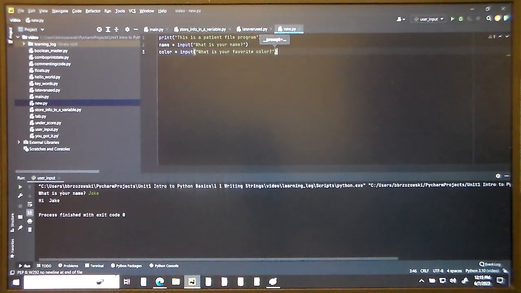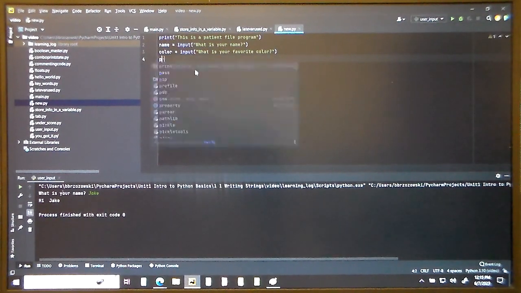What we're going to do, we're going to take those user input answers that are stored here in name and color, and we're going to print it out on one line. Instead of it being on two separate lines, we can print it out on one line going across. So we're going to do print